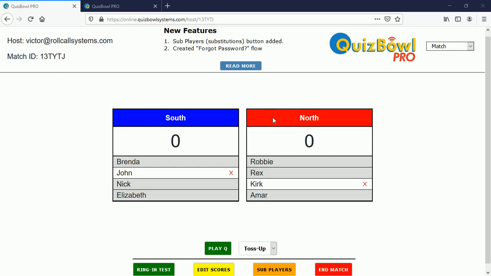You'll see the two teams' scoreboards, and you'll see the names of the students or players that are going to be in this match. And those who are logged in are shown with a white background. And because you're the host, you have the ability to disconnect, or the term sometimes used is to boot. You have the ability to boot these players by clicking the X on their screens,